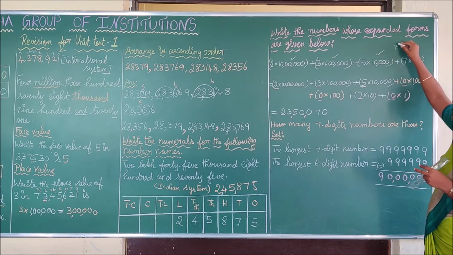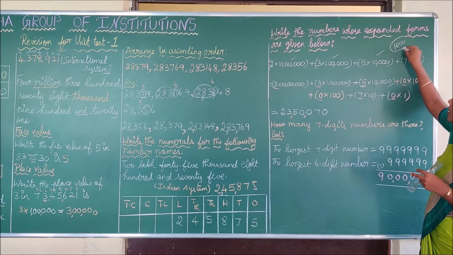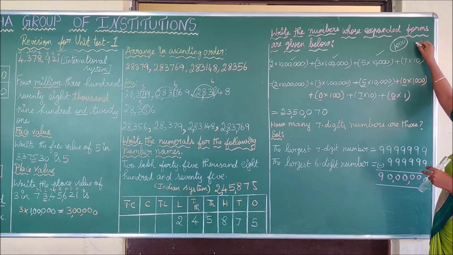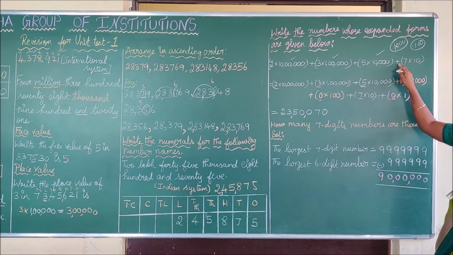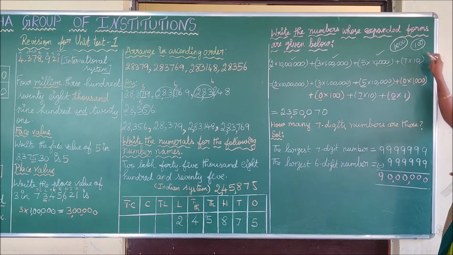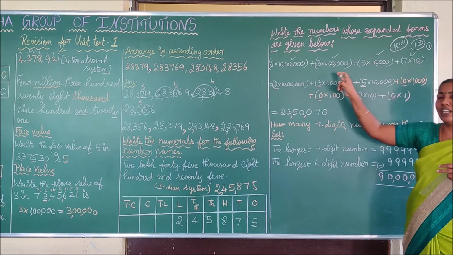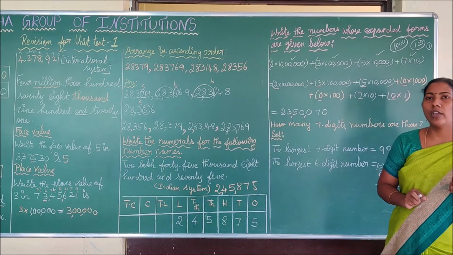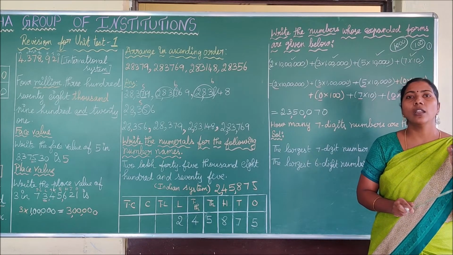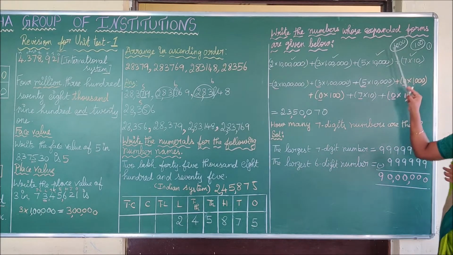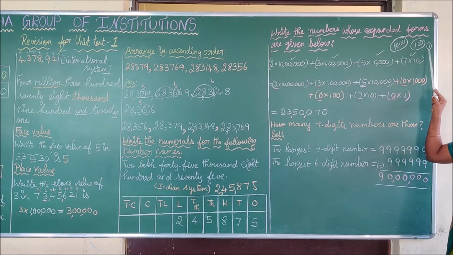That is, 3 zeros means what? 1000 place we are missing. After the 1000 place you have 2 zeros. That is 100 place. Here 100 place is also missing. After the 100 you have 10. Here we have 10 place. After the 10 place you have 1's place. Here 1's place is also missing. Thus, in the given expanded form, the first step is to find out which place values are missing. Thus, we have found 3 place values missing. What are the place values? 1000's place, 100's place and 1's place.